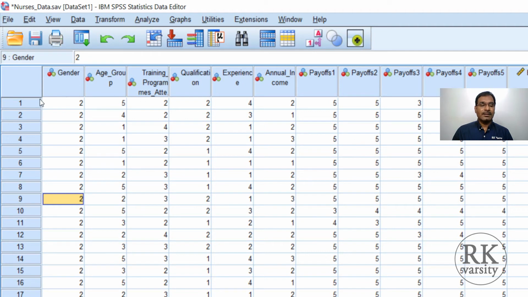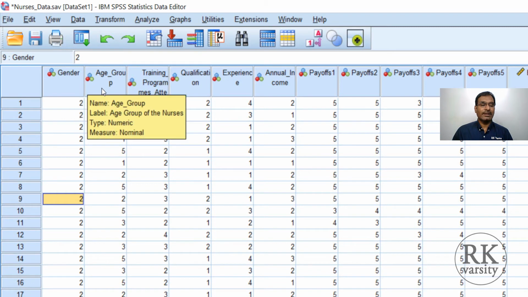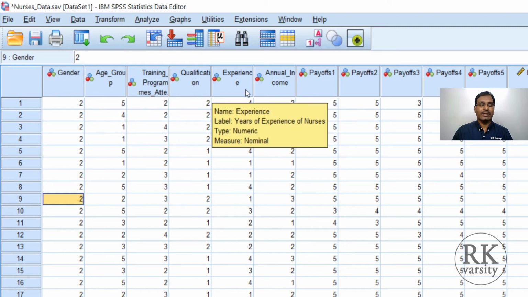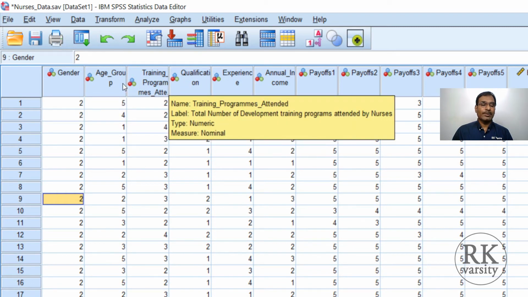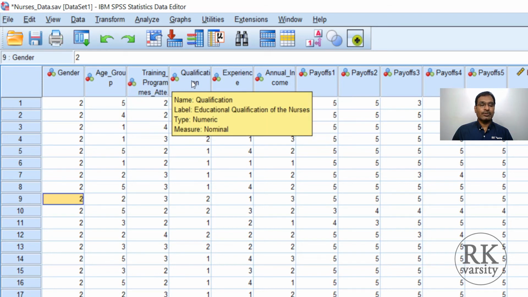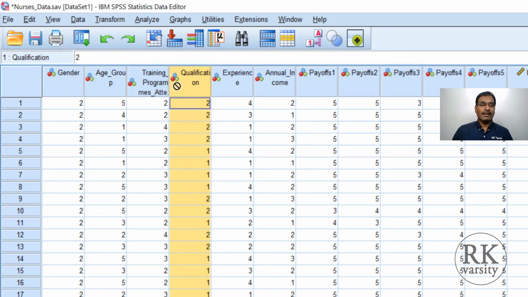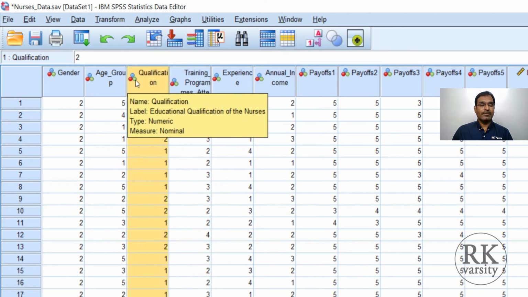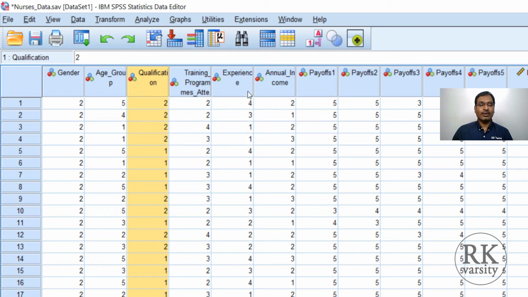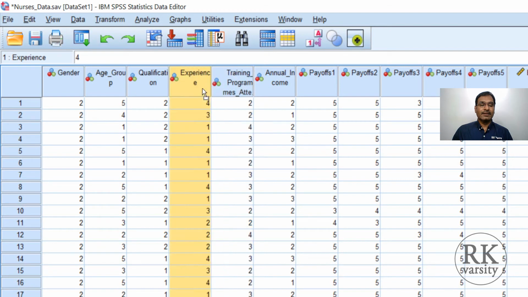This is 1, that is entering data or revised values into your cells. And second is moving of variables from one place to the other. Let us say here you have gender, age group, training program, qualification, experience, but you want qualification to be next to the age group. So for that you can move this one. Select the qualification, highlight this and move it to the left side. So you can see a red vertical line here. Once you move it, it moves to the third column. Similarly, you have experience. Select the experience and move it onto the left side. So now you have rearranged the variables.